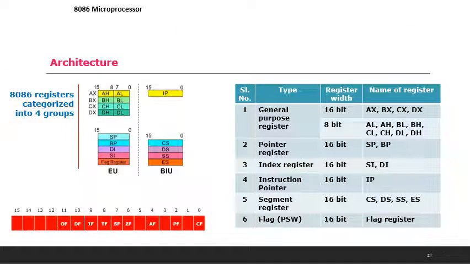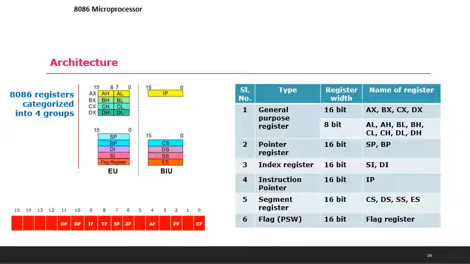Let us have a quick look at the registers available in the 8086 microprocessor. The 8086 registers are categorized into 4 groups. They are called general purpose registers, which can be of 16 bits or 8 bits. If they are 16-bit, there are 4 registers: AX, BX, CX and DX.